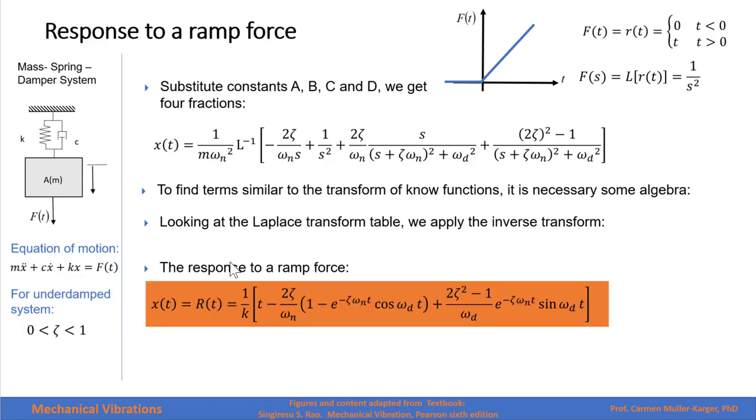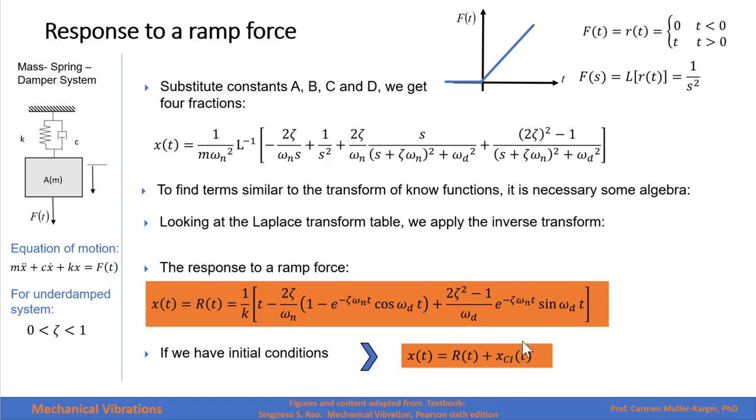If we do that, we find the inverse Laplace transform, and that will be equal to 1 over k. This term here becomes t, and this term here becomes 1 multiplied by 2 zeta omega n. This term here becomes a cosine of omega d t multiplied by zeta e to the negative zeta omega n t, and this term here becomes a sine multiplied by e to the negative zeta omega n t. And as before, we always have to add the response for initial conditions